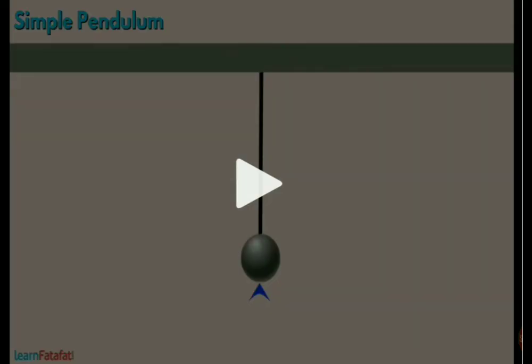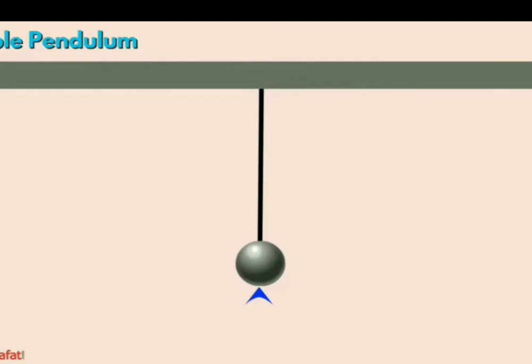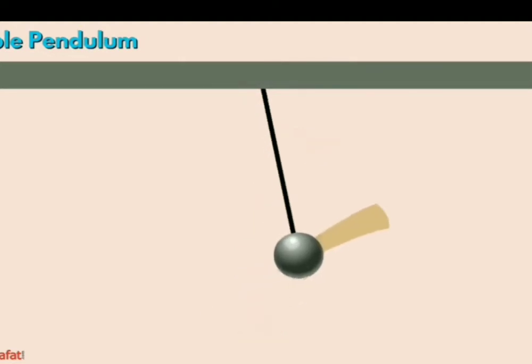Now the very important thing, in this chapter we are going to learn about the simple pendulum. I already mentioned the simple pendulum as an example for oscillatory motion. So now we will see what it is. For a simple pendulum you can see the metallic ball and a thread of 1 meter. Down it is a metallic ball, it is having weight. That metallic ball is called the bob.